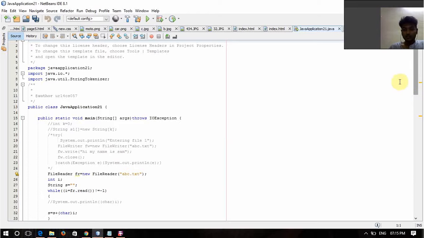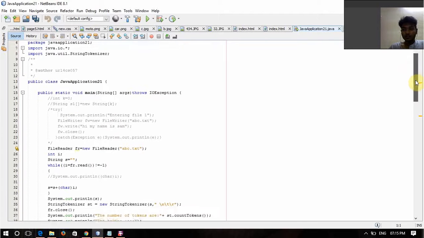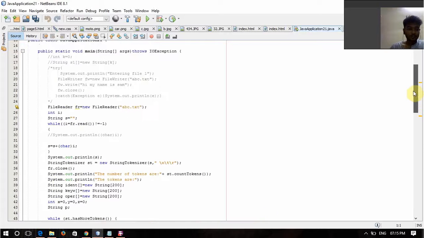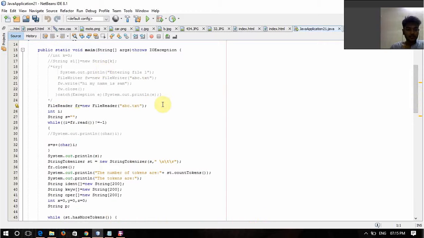So, for basic token separation, we need to create a file. For that file, I have written this code in Java. For creation of a file to get everything from that file, I'm using a FileReader. So FileReader f4 equal to new FileReader, creating file abc.txt. Here I have created